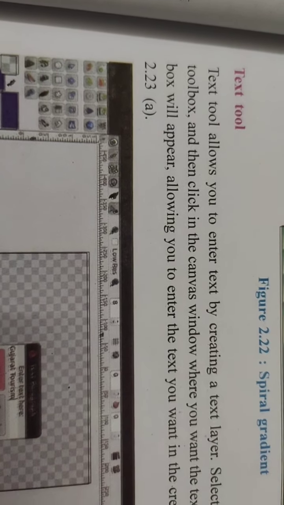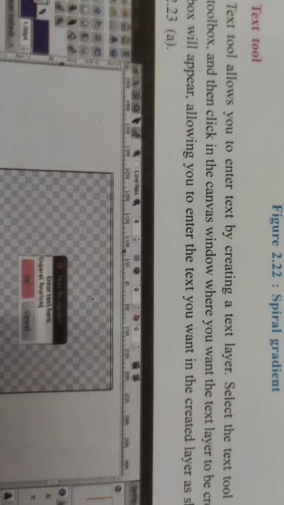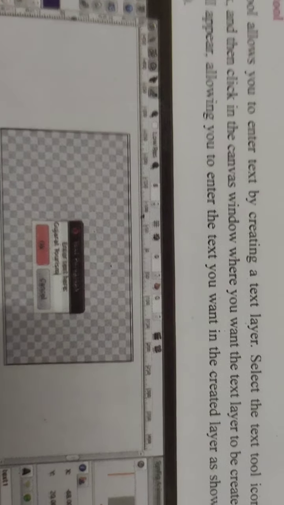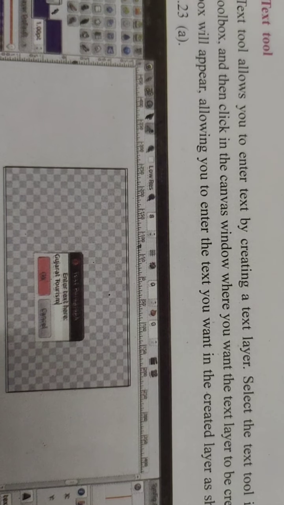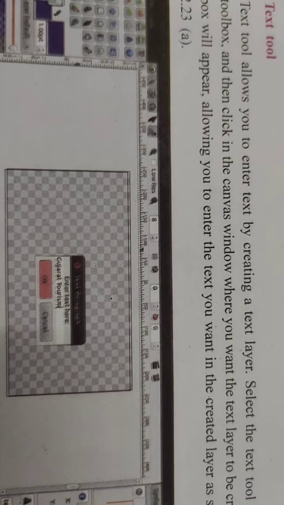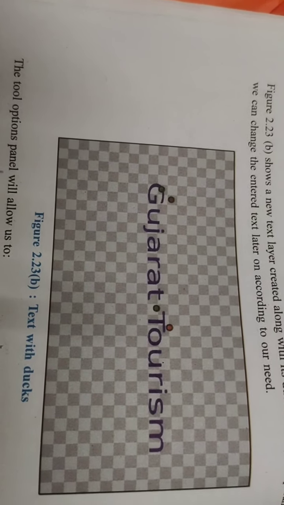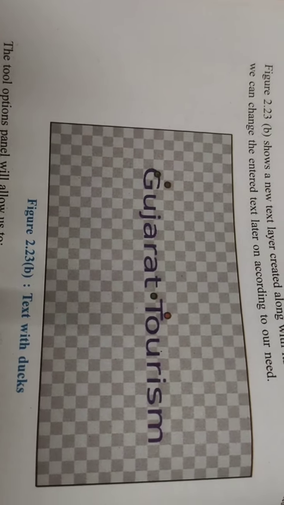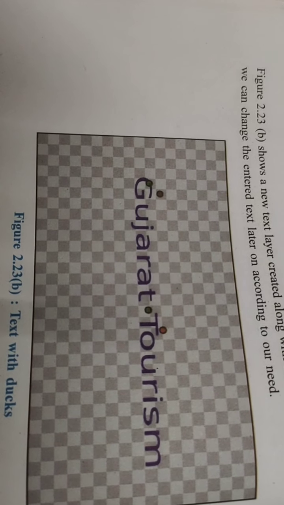Then there is the text tool. The text tool allows you to enter text by creating a text layer. You can enter any message in your image, or you can write only a letter with the text tool. This is an example for the text tool. You can write any message with the text tool. The tool options panel allows us to select the name or any number which we have to type.